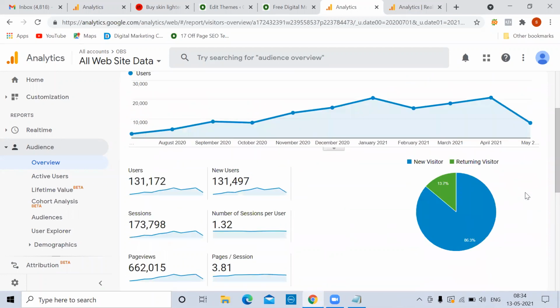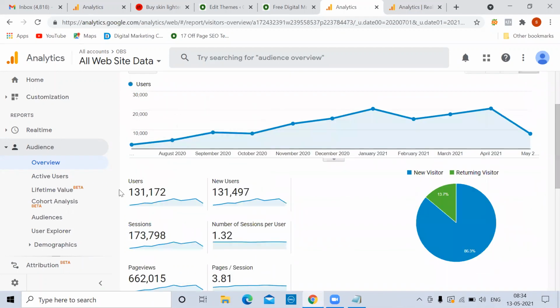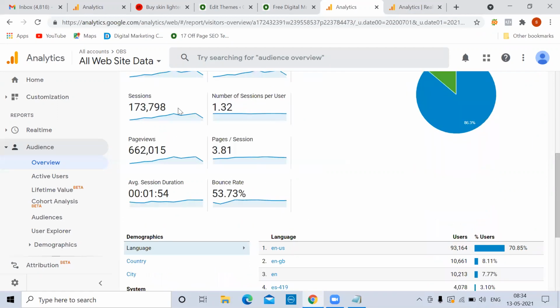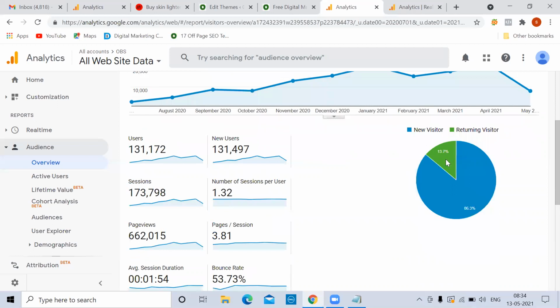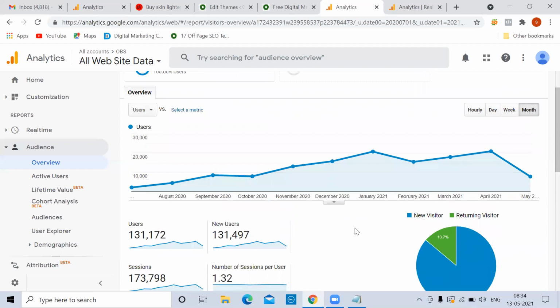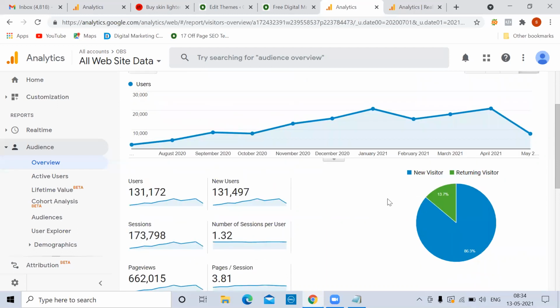Right. Then total users, how many new users, how many sessions happened, how many page views, what is the average session duration, what is the bounce rate, and how many returning visitors and new visitors are also showing. So let me explain one by one. Users means individual users.